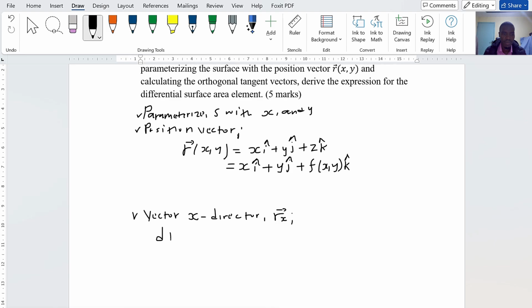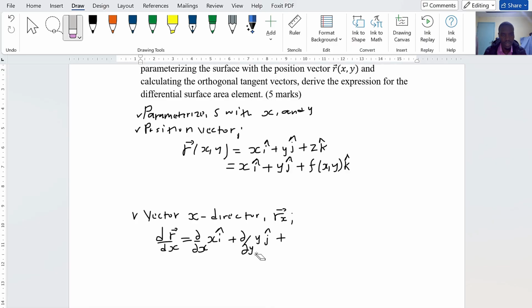So we'll have the partial derivative of r over dx equal to partial derivative with respect to x of x, i, plus derivative with respect to y for y, j, then plus here we are going to differentiate f with respect to x, because we are looking for